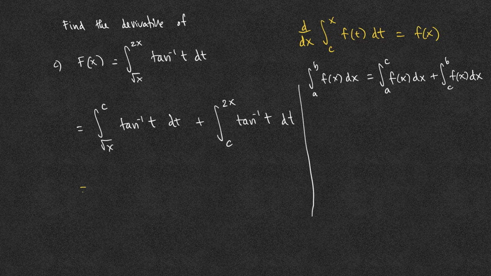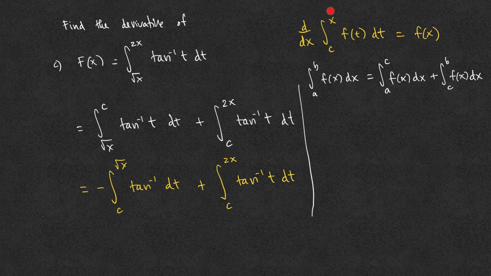We can rewrite it by switching the limits of integration, putting the negative in the front. If we put the negative in front of the integral, we can interchange the lower and the upper limit of integration, and everything else is the same. We don't need to switch the limits of integration for the second integral because the lower limit of integration is already a constant. But we're still not ready to use the fundamental theorem of calculus because the upper limit of